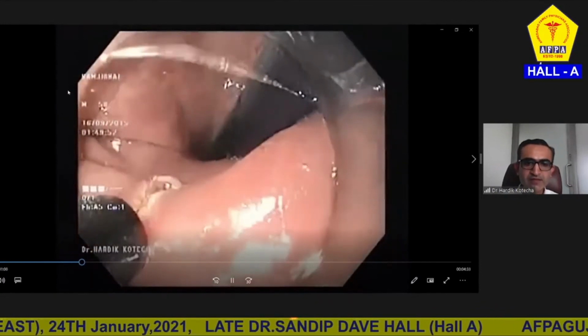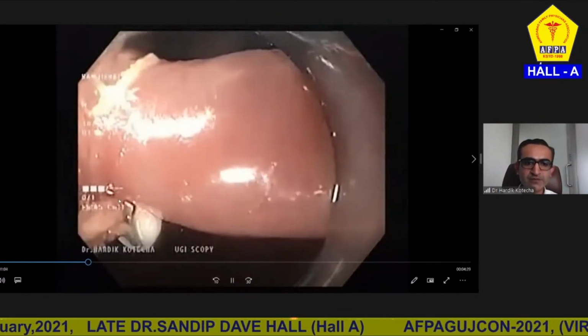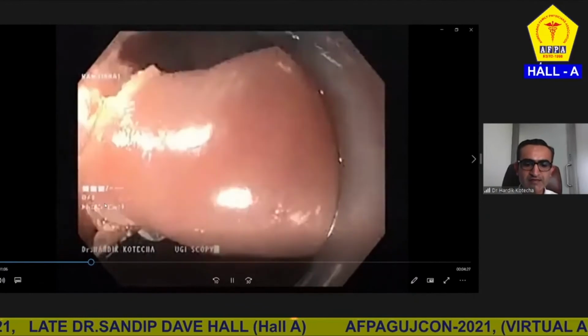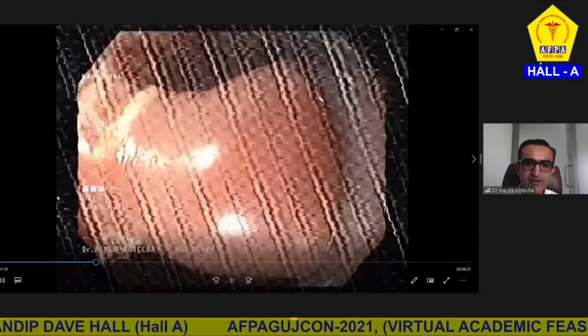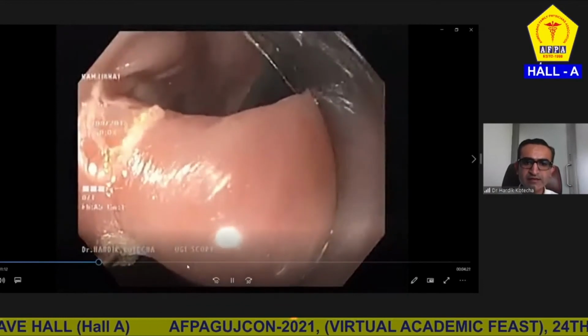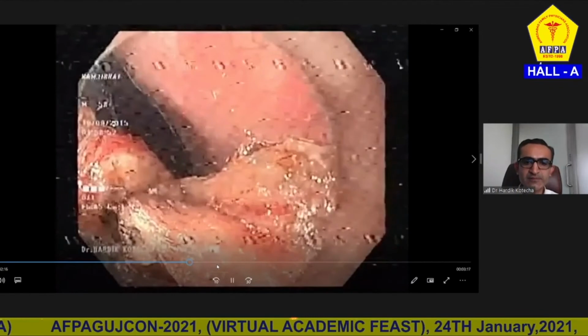Now this surgery has been done just beyond the cricopharynx. So if anything happens, if the patient bleeds, there are high chances that the patient will aspirate. So we have to do it under general anesthesia. So gradually the dissection is done. It takes hardly 15 to 20 minutes. And this is the muscle fiber which I am cutting.